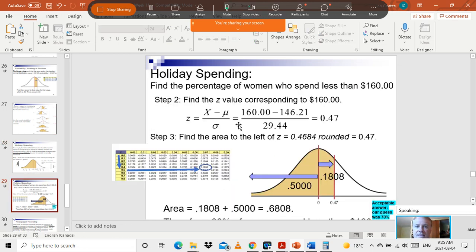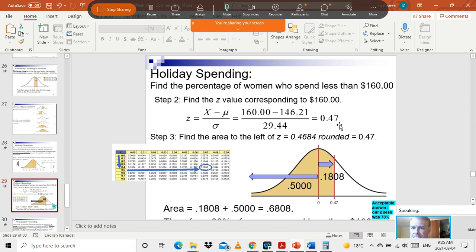The 160, the value you're looking for, minus the mean. This is the population mean. It's the value minus the mean, all divided by the standard deviation, which was all given to you. So you plug and play: 160 minus 146.21, all divided by the standard deviation, 29.44. You get this number,